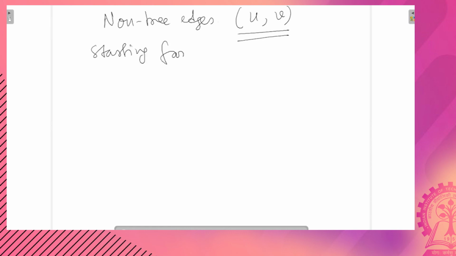You proceed as follows. Both of them are non-tree edges. Now, consider the non-tree edge UV. Starting from U, traverse the depth first tree